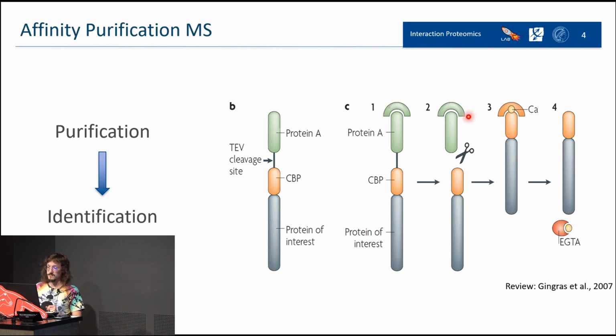Then we wash again everything in order to remove any unspecific binder that attached to protein A, and we selectively use this calcium binding protein to then select the specific binder.